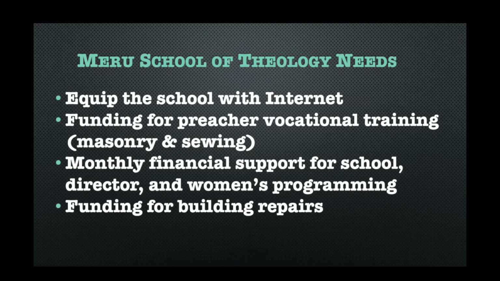Another thing that I nailed down with Jeffrey, because I saw what was happening with Sylvia with this sewing program. So I had a conversation with Jeffrey after that, and I asked him, what kinds of vocational programs do you guys need? The sewing program, he said, would be important for the women, and masonry for the men, because the area is underdeveloped, but they're trying to develop it. People are building church buildings and homes and all this kind of stuff. And he said, we need people to learn masonry to help with these kinds of projects. And then I, of course, asked him, well, what would it cost to get these kinds of programs off the ground? Now, he mentioned probably 5 things that they could potentially do.